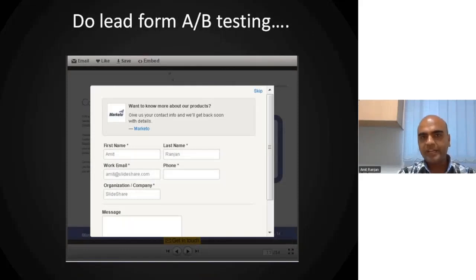This brings me to my next point, and this is about doing A/B testing. We've heard this feedback from a lot of people where they say, what is the specific kind of form that we should create, where should we place it, because we give out a lot of options in our different